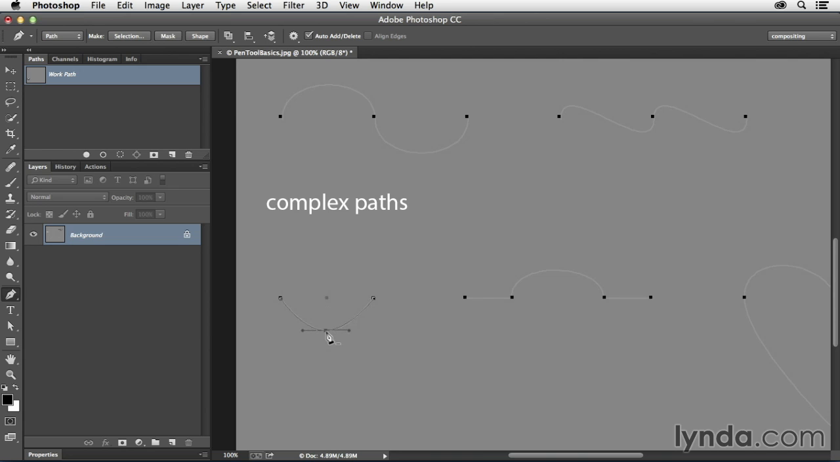We can see that this is a curved anchor point. If I want to change that to a corner anchor point, I can hold down the Option key. When I hold down the Option key, I automatically get the Convert Point tool. Or if I wanted to, I could select it from the Pen Tool's flyout menu. I just think it's easier to hold down the Option key on the Mac or the Alt key on Windows